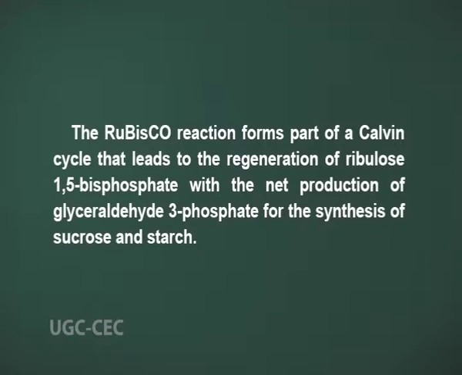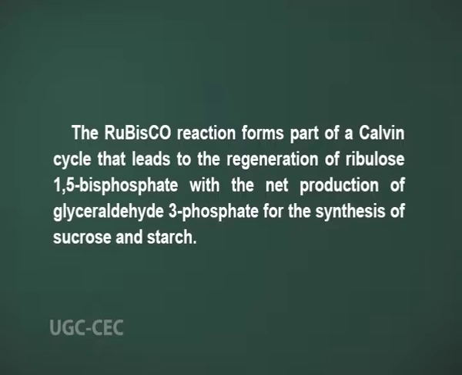During carbon fixation, a carbon dioxide molecule condenses with ribulose 1,5-bisphosphate to produce a transient 6-carbon intermediate that rapidly hydrolyzes to two molecules of 3-phosphoglycerate or PGA. Because the first stable compound formed in this process is PGA, which contains 3 carbon atoms, this process is also called C3 fixation. The rubisco reaction forms part of a Calvin cycle that leads to the regeneration of ribulose 1,5-bisphosphate